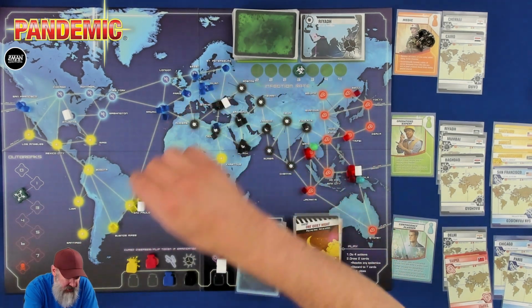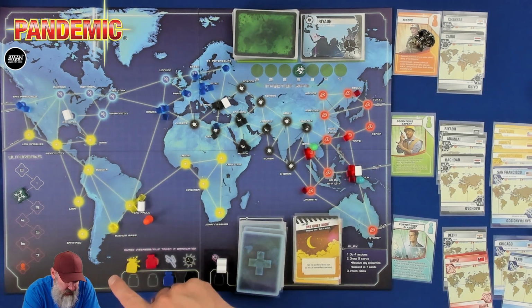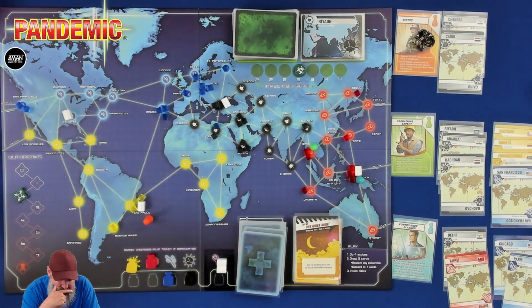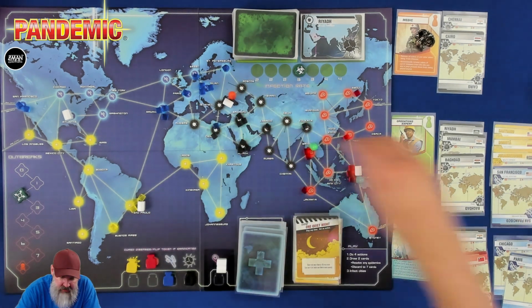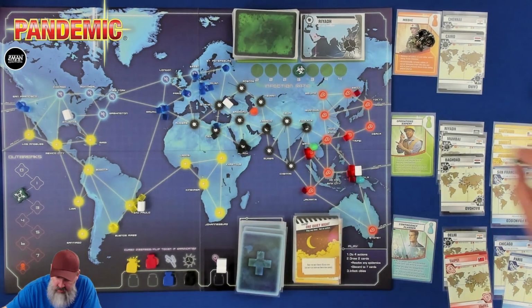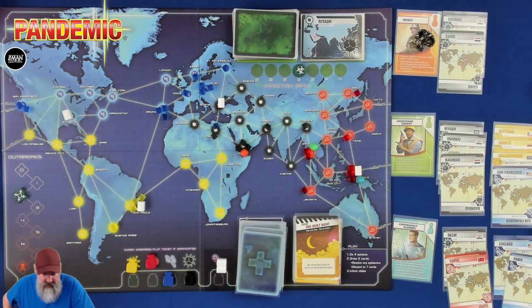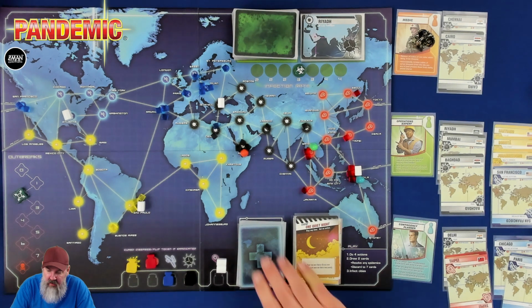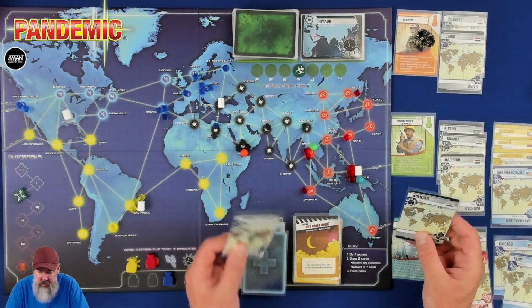If we just go 1... Oh, but then there's Buenos Aires. 1, 2, 3, 4. That puts us right back where we were. Not worth the risk, right? So let's go 1, 2, 3, and 4. Yeah, that's too bad. Okay. All right, and then this guy needs to stay up here anyway. All right, so we're going to draw 2...